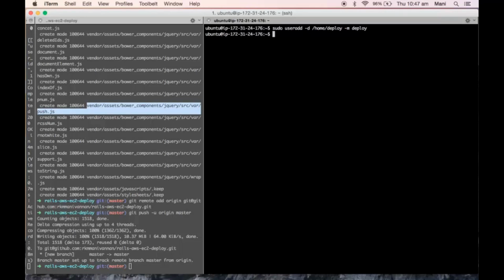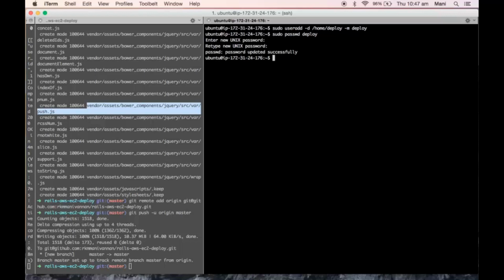Now the user has been created. Now we need to set a password for our user. For that, sudo passwd deploy. Enter your new password. Now everything is done.